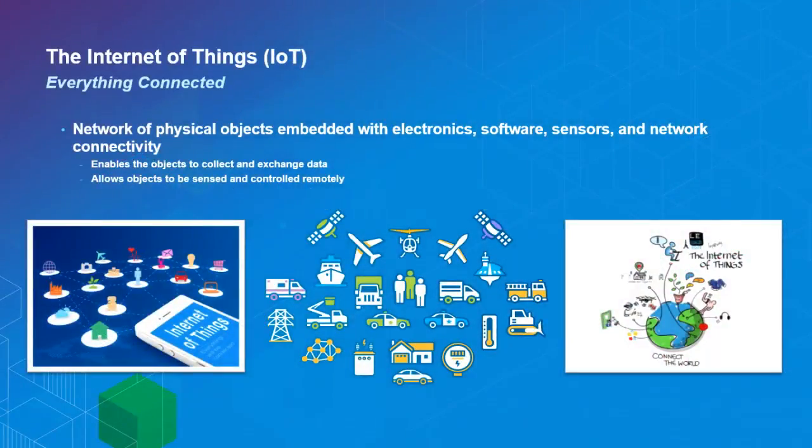On the first slide, you could see a number of icons on screens, and they signify different kinds of sensors that might be deployed in the fields, in vehicles, aircraft, or in different locations, even on people, on us, right? The Internet of Things is a network of physical objects embedded with electronics, software, sensors, and network connectivities. This enables objects to collect and exchange data and allows them to sense and be controlled remotely as well.